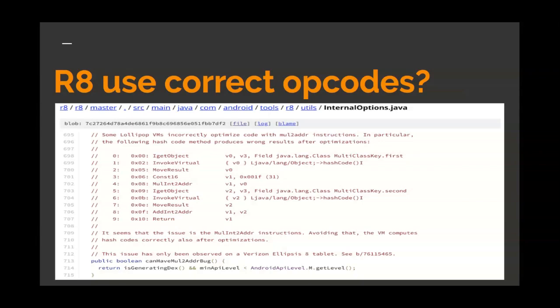Now wait, what are opcodes? An opcode is nothing but a single instruction that can be executed by the CPU. In terms of machine language, it is a binary or hexadecimal value such as B6 loaded into the instruction register. Opcodes can be changed by different manufacturers, but R8 figures out what opcodes are needed and includes only those opcodes in the DEX code. That is the first biggest benefit that R8 provides.